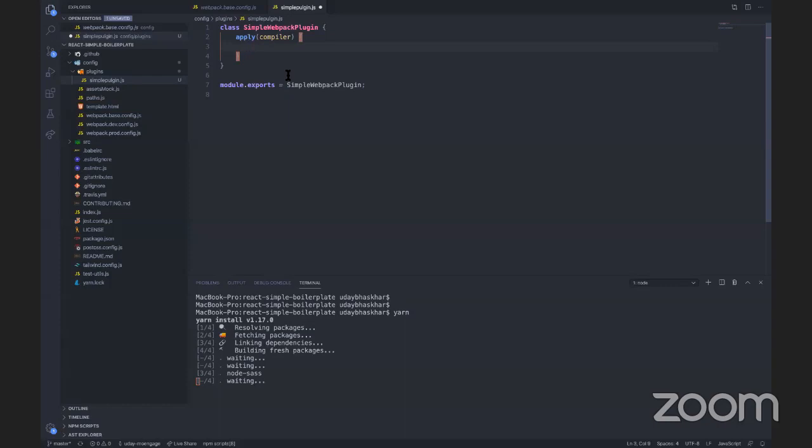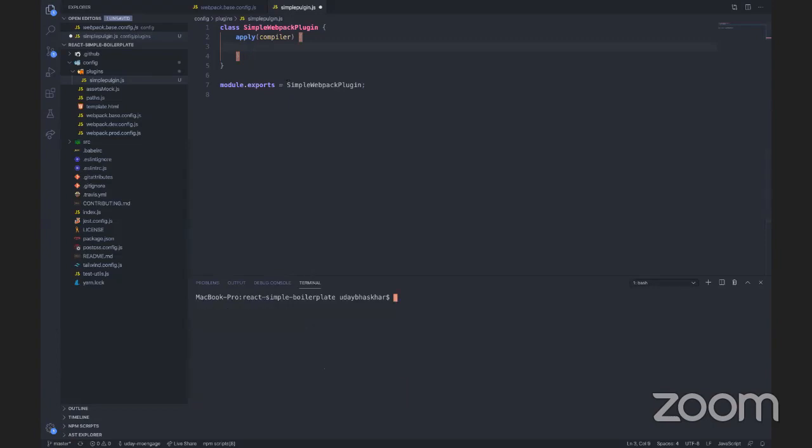Webpack hooks allow you to write a plugin at every step. Like you have the done hook, and the after emit hook. Once the compilation is done and bundles are copied to the build folder, the after emit hook gets called.